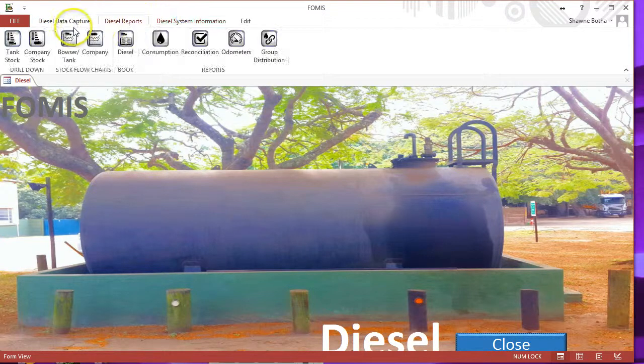Right, I think that gives you a quick synopsis of the diesel module itself. In short, it gives you usage, it gives you consumption figures, it tells you where the diesel has been used, by what,